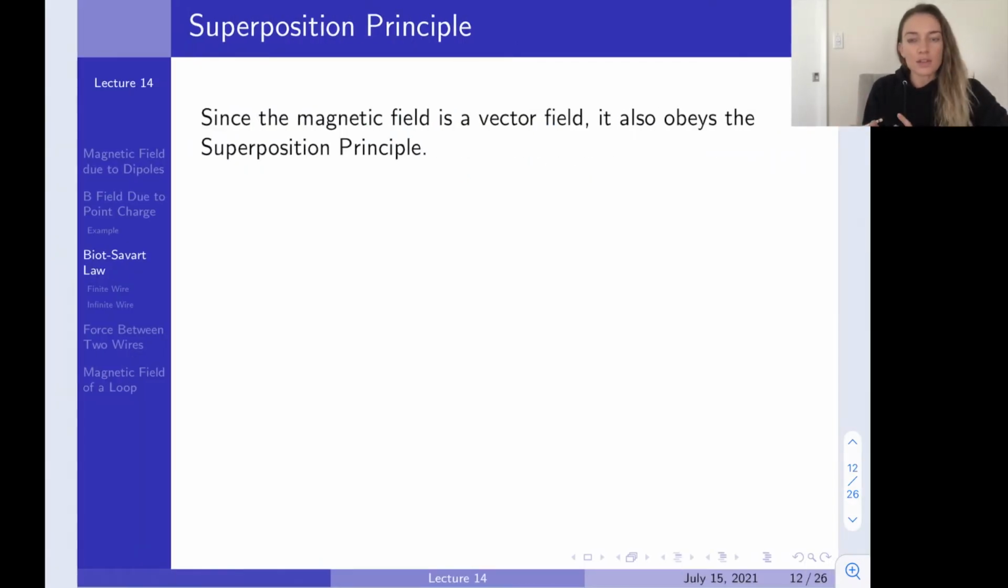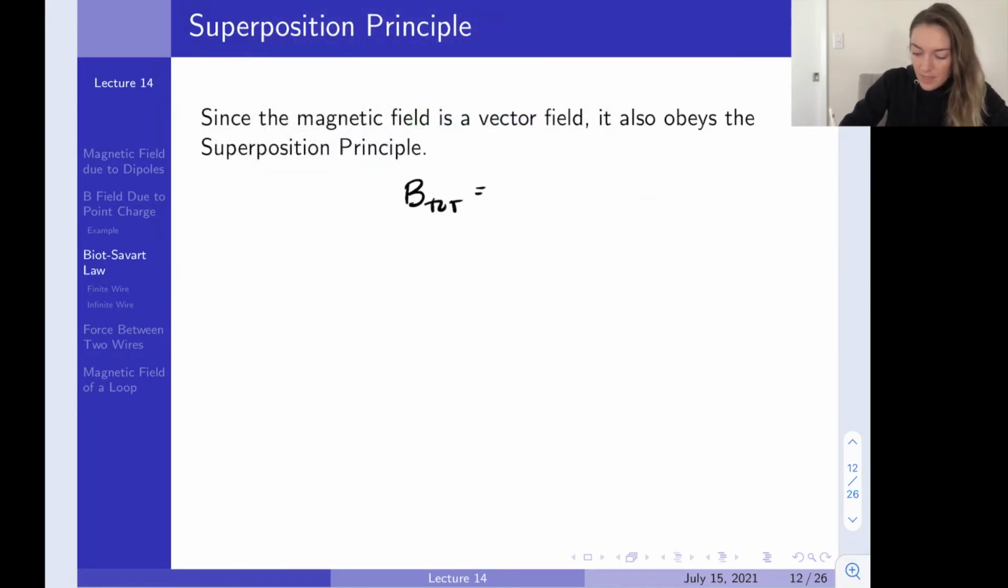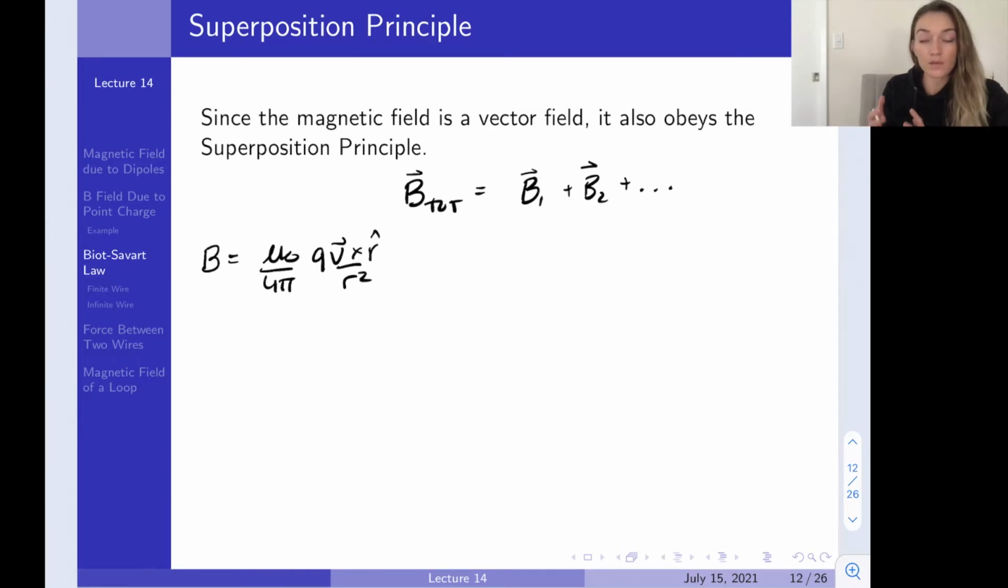So just like the electric field had the superposition principle since it was a vector, obviously the magnetic field is going to obey the same thing. Since the magnetic field is a vector, the total magnetic field anywhere will just be the vector sum of all of the constituent magnetic fields. So that means that we can use the equation that we just saw to find a formula for the magnetic field generated by some current carrying wire,